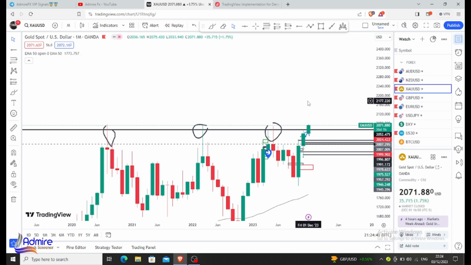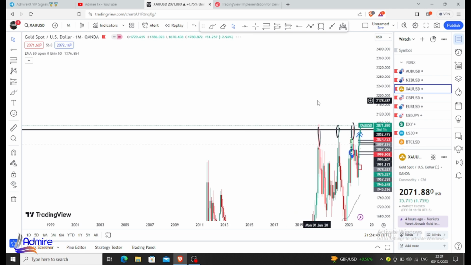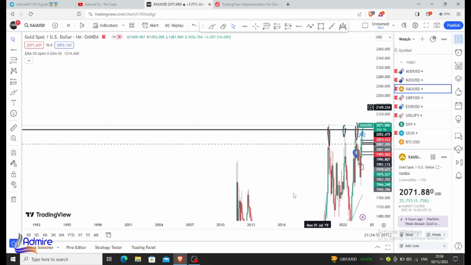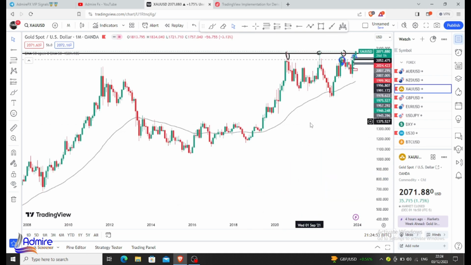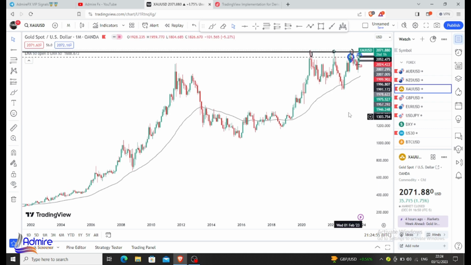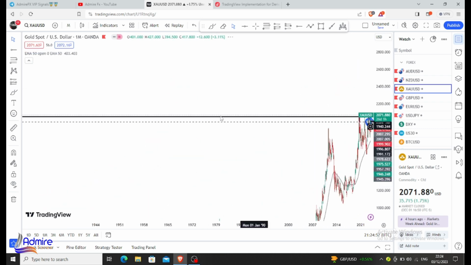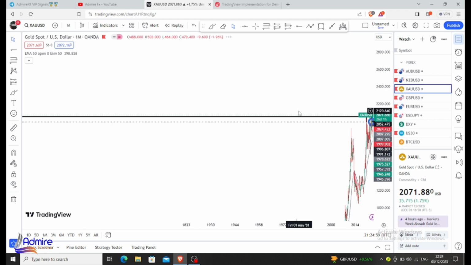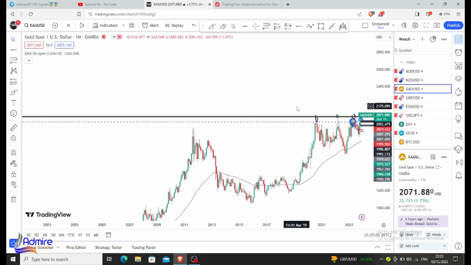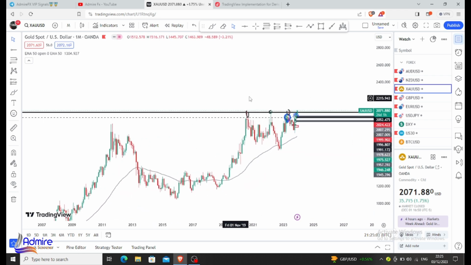So any trade, guys, like I always say, any trade that you're taking from these areas, know that you're going to swing it for a pretty long time, because the next level is more than 1,000 pips to the upside. For the next level that we'll be looking out for gold to push itself all the way up, I think this is the all-time highs for gold on the monthly time frame.